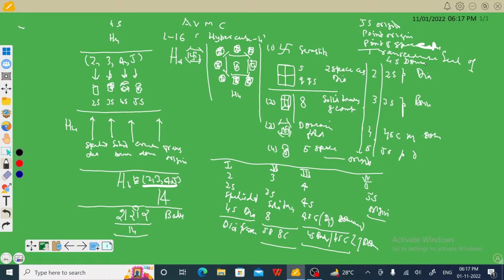Let us sit comfortably and let us be parallel with these features of the quadruple folds